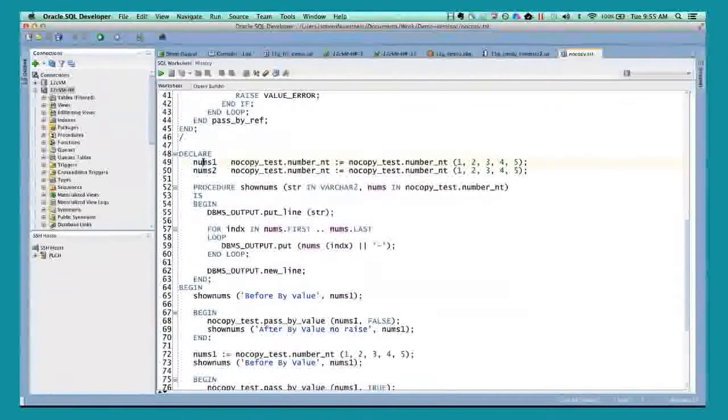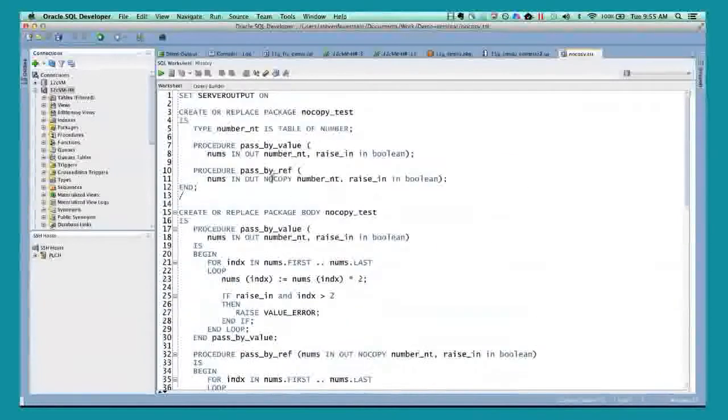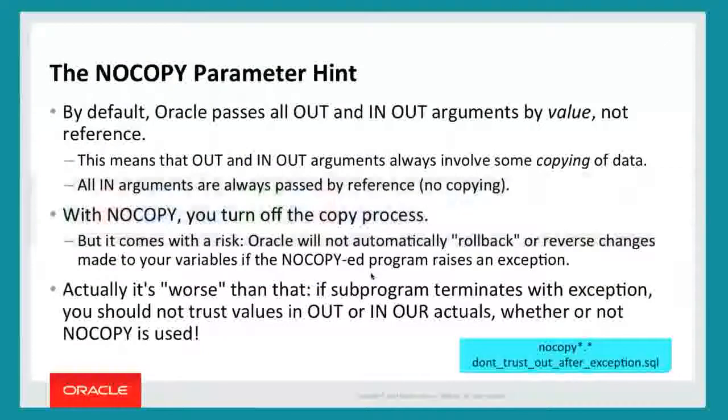So here's the actual thing I'm passing in to my procedure. But when it's an IN OUT parameter, I'm not going to actually change this thing until I'm done with my procedure and it's finished without any kind of errors. So you copy in and you copy out using memory and CPU. But if you add the NOCOPY hint to your OUT or IN OUT declarations, then what you're saying is I'm passing by reference, and any changes will be made directly to the thing I passed in, not to a copy. I'll avoid the copy in and copy out. And you can see a nice improvement in performance if you've got large arrays or large objects and record structures. So consider using NOCOPY for any of your OUT and IN OUT parameters. Your warnings subsystem will tell you about that.